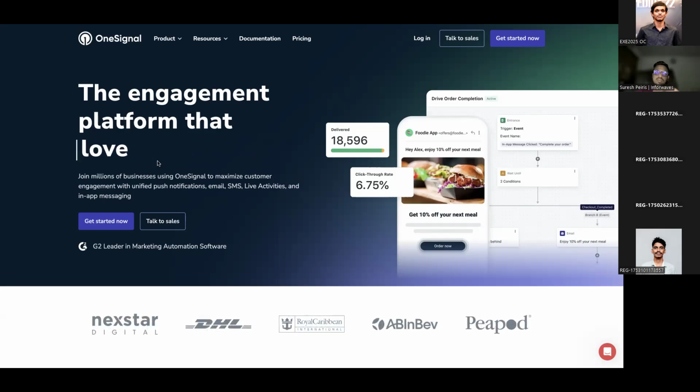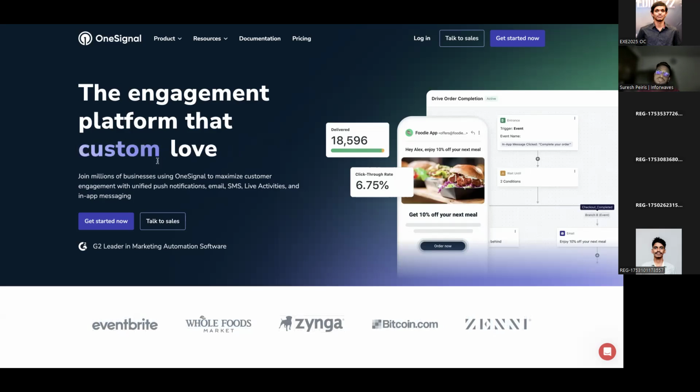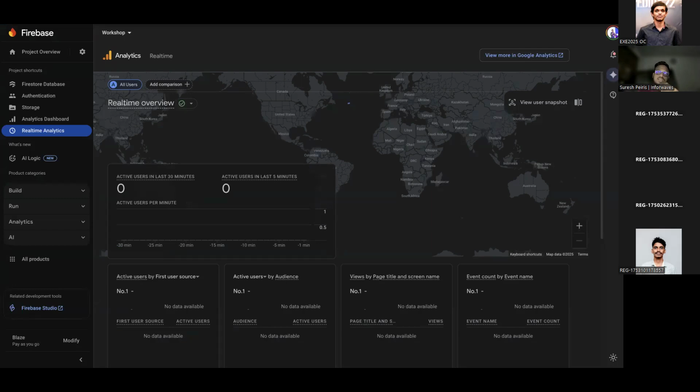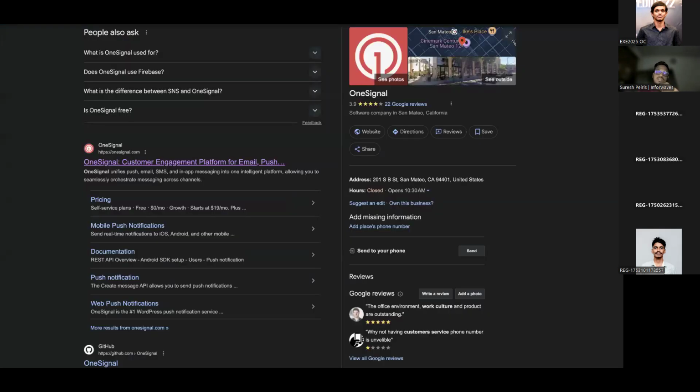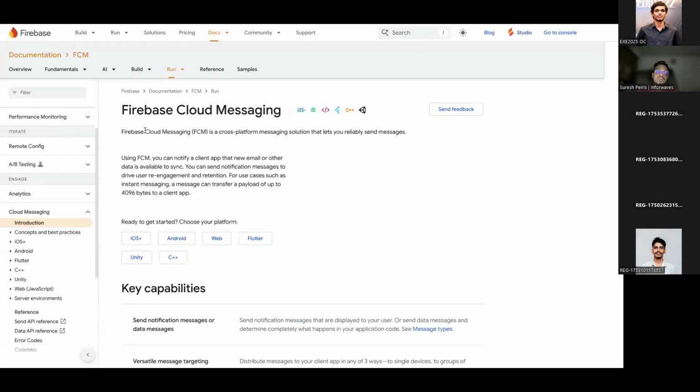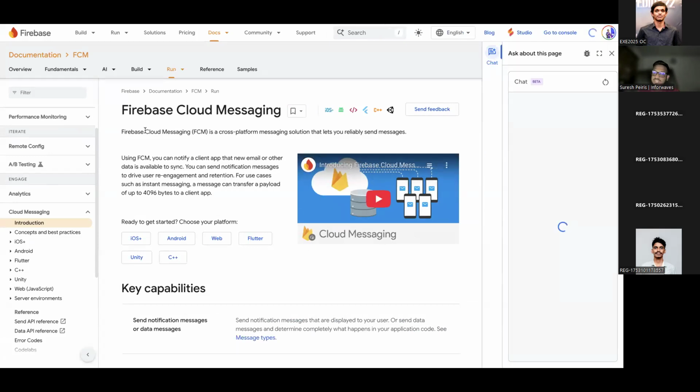So these are the two services. We have analytics and One Signal, and then we have the Firebase Cloud Messaging Service, which is a great platform for you to re-engage the users who are lagging behind, and also to send promotions, maybe to get them re-engaged. So yeah,